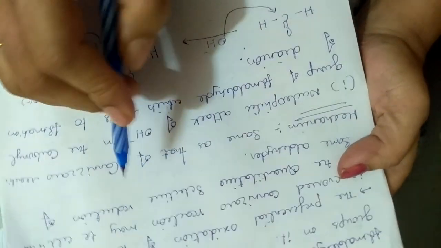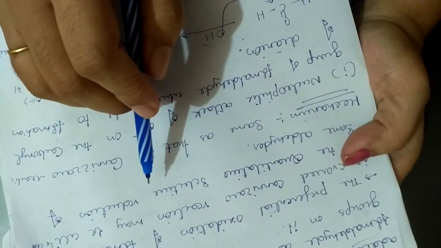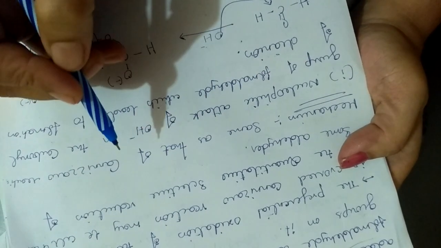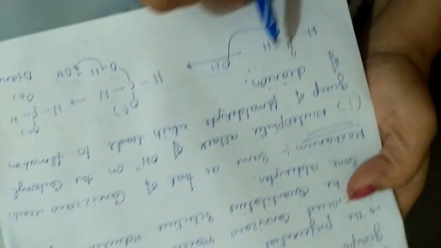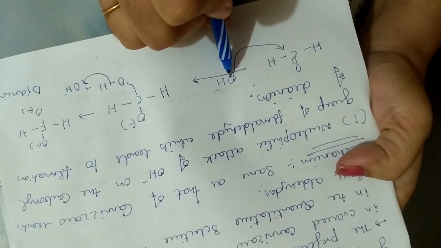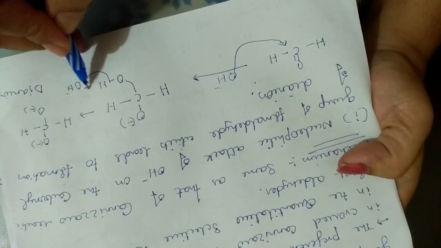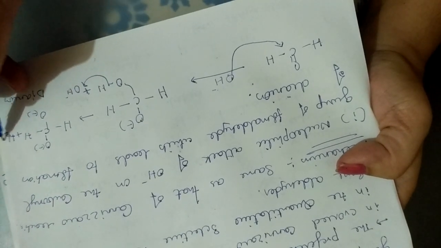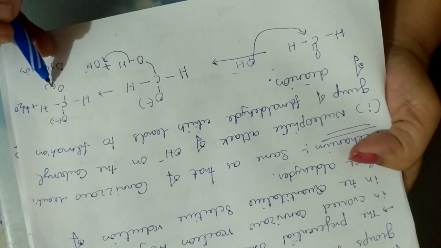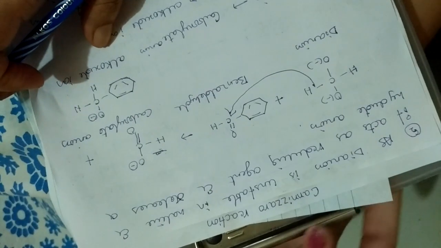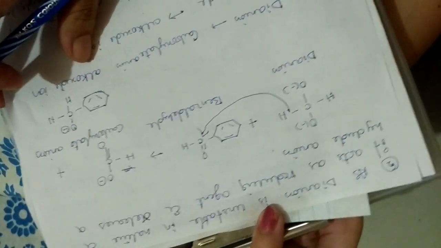But one point you have to remember is which molecule is easily attacked by the nucleophile. I already told you that the formaldehyde will be attacked by the nucleophile, that is OH minus, which leads to the formation of a dianion. An anion is a compound having a negative charge, and a dianion is a compound having two negative charges. And the second step is the same as in the Cannizzaro reaction.